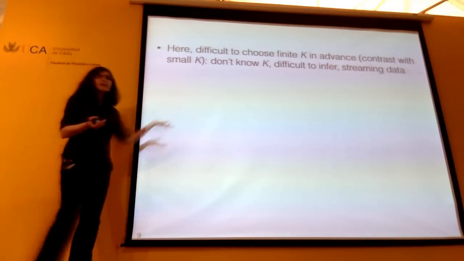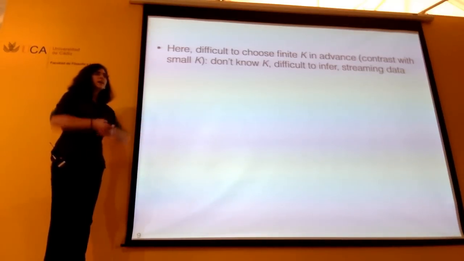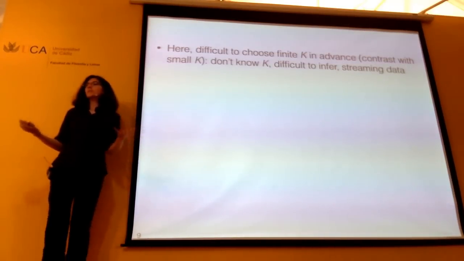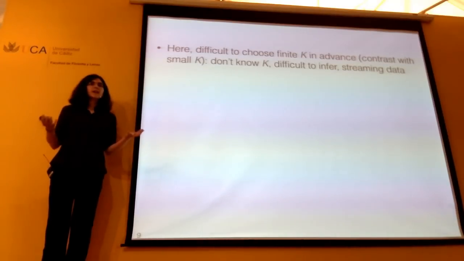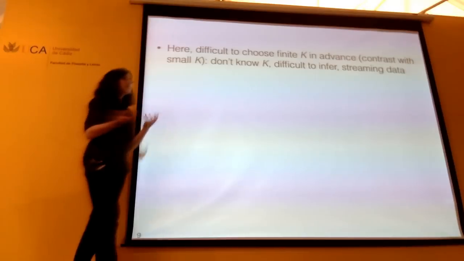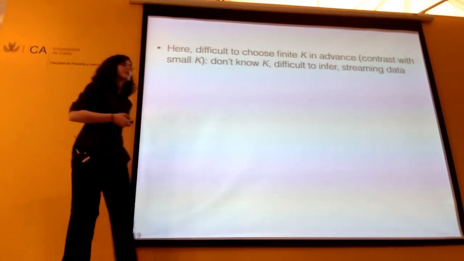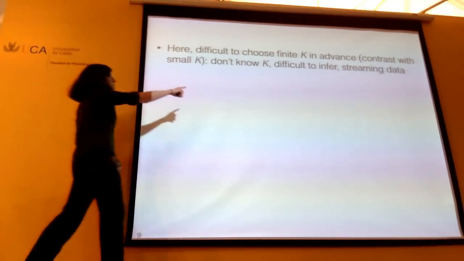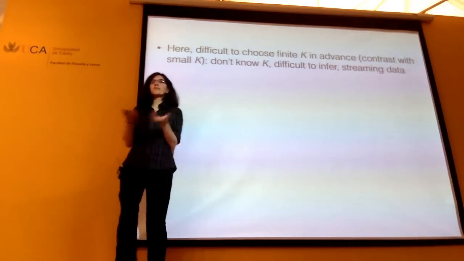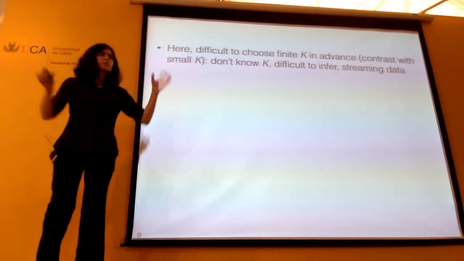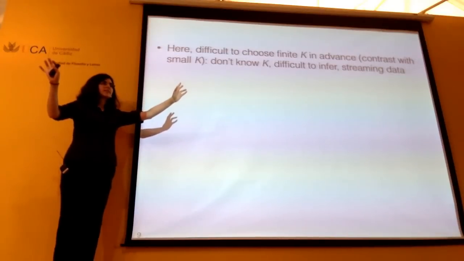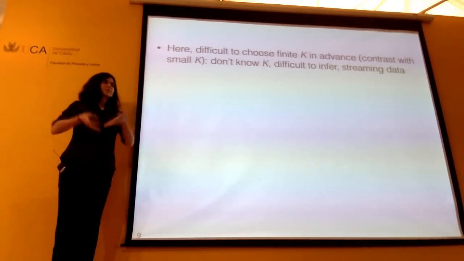And there really is a trade-off here. I can't just choose K to be 1,000,000 and think that's going to be okay. In a modern big data world, you can get to 1,000,000 pretty quickly. How do you know what's the right K? And there's a computational trade-off here too. The larger K you get, the more computational power you have to spend when you're ultimately doing inference. It's difficult to infer, so K is really easy to infer when you have lots of data points per cluster. When I have 3 clusters that are really well defined like this, I eventually say, hey, look, there's 3 blocks.